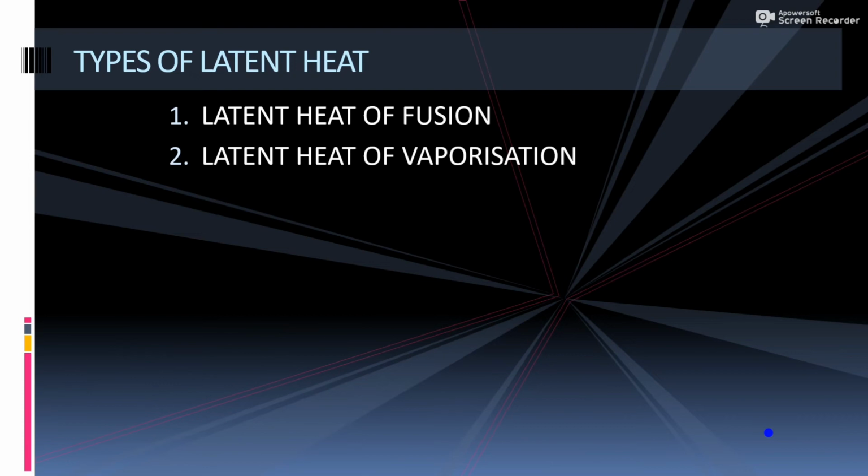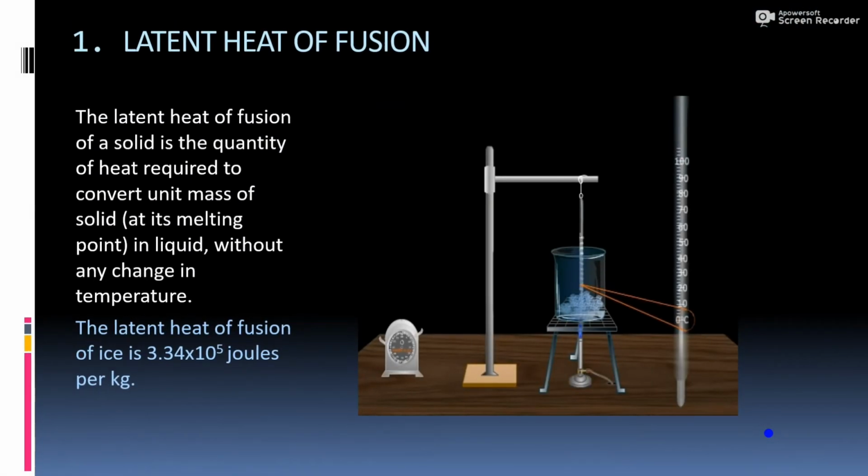Then types of latent heat. There are two types of latent heat. First one is latent heat of fusion and second one is latent heat of vaporization. The latent heat of fusion of a solid is the quantity of heat required to convert unit mass of solid at its melting point into liquid without any change in temperature. The latent heat of fusion of ice is